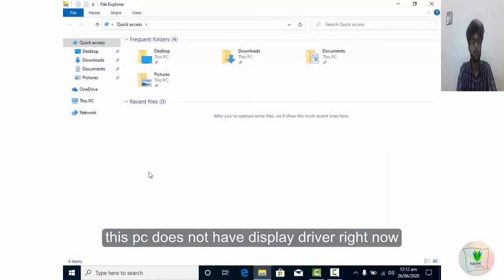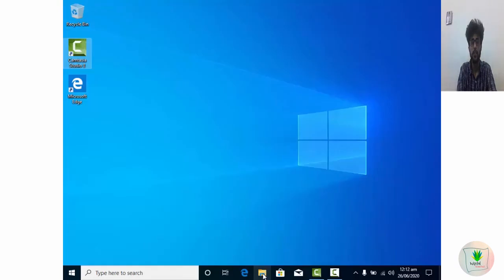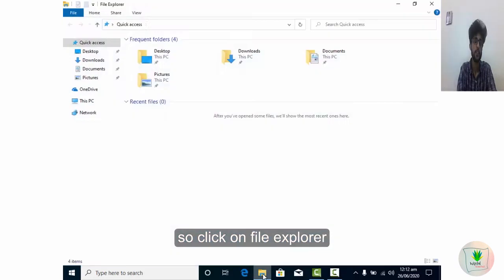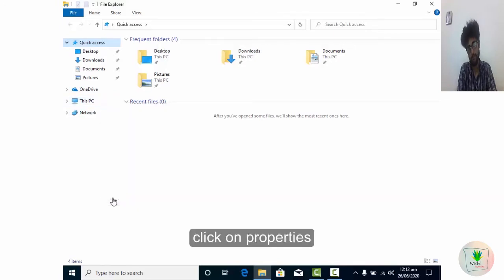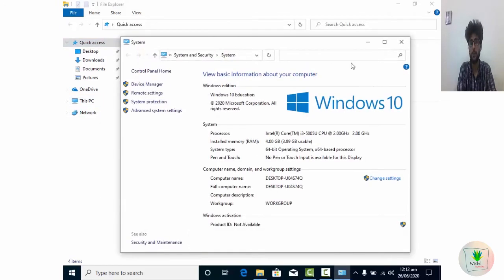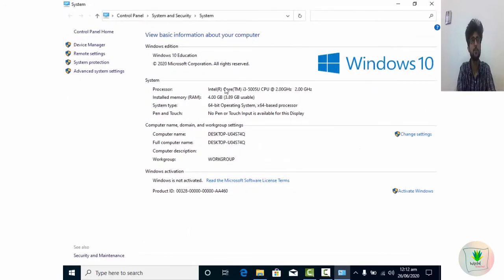So what we have to do is we have to click on the file explorer. Then here is this PC. We have to right click on it and click on the properties. Now the properties panel is shown. You have to click on device manager